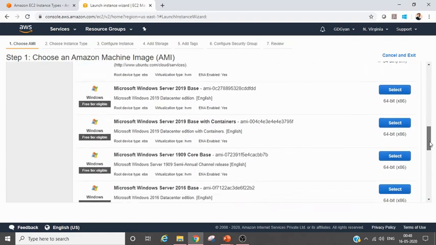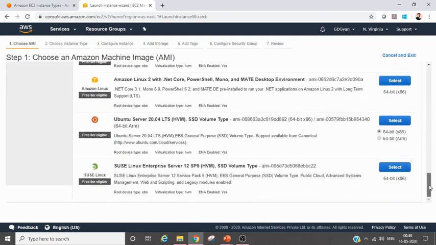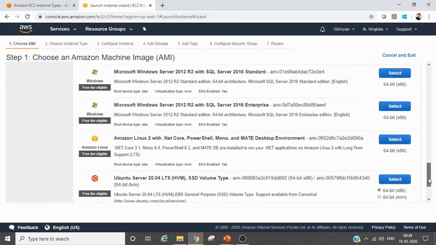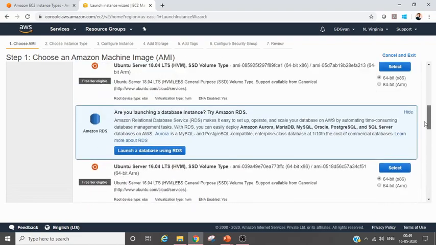Based upon your requirement, you can choose any one of them. You can see the processing, 64-bit, 32-bit, whatever is there. Now you see all the virtualization types are HVM, right? ENA enabled, I will cover ENA and all these things in a small topic at the end, in my last video.